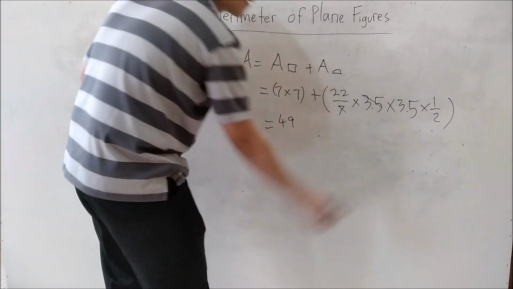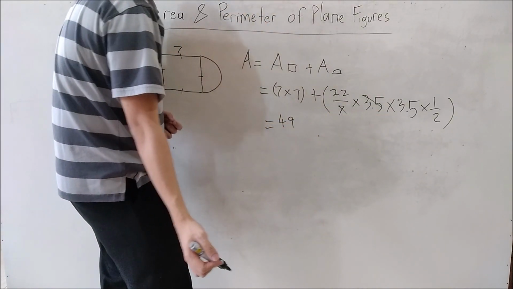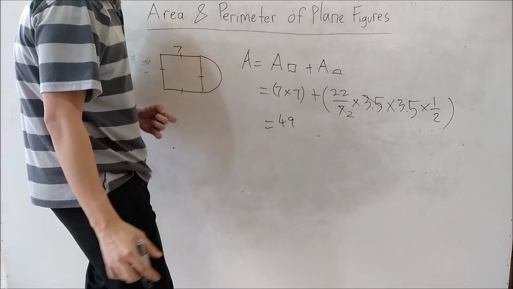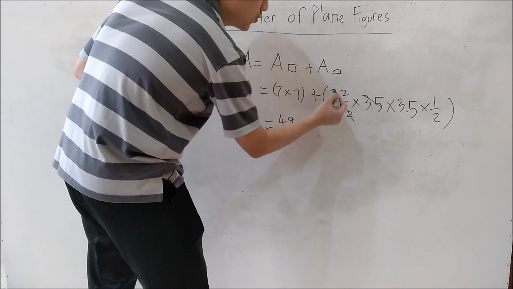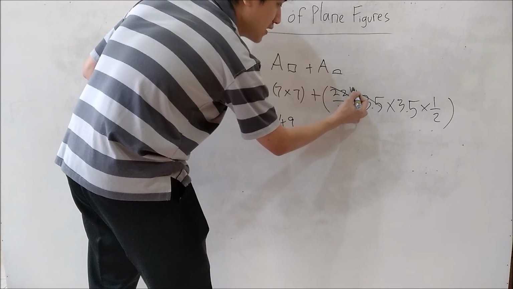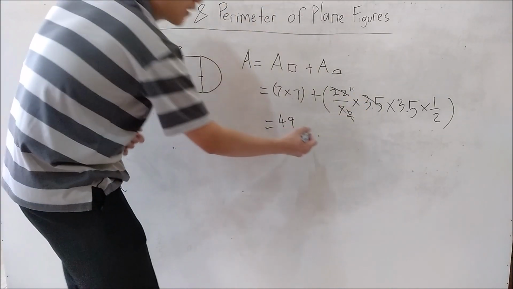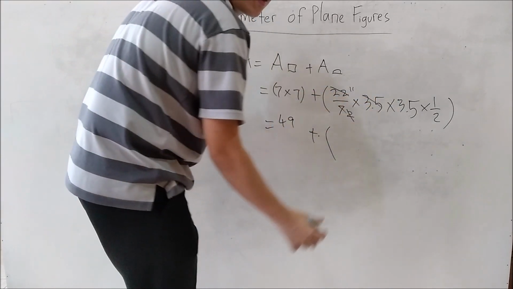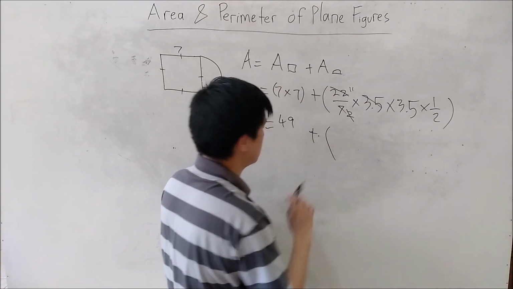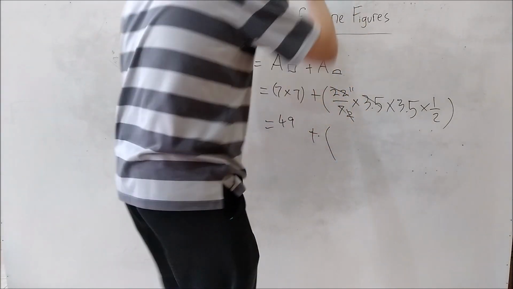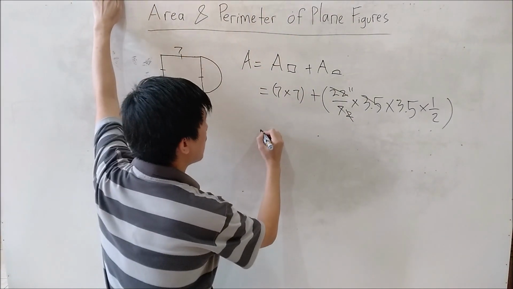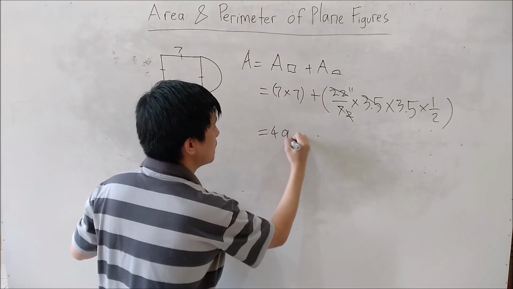I can divide 7 and 3.5, so I will have 2 at the bottom, and then I can cross the 2 with the 22, so I will get 11 at the top. Therefore, I have 11 times 3.5. I'm sorry, it's not that clear. So here I have 49 plus